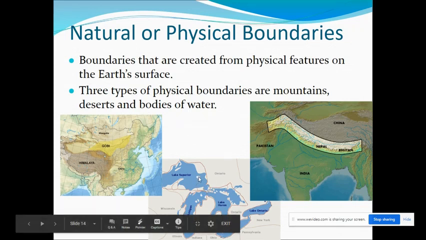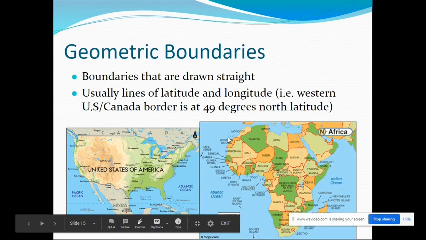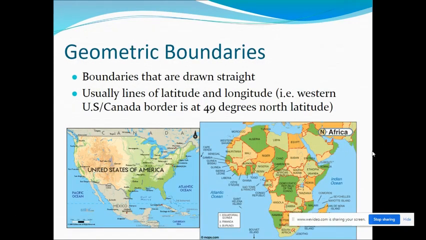And so rivers are really common physical boundaries as well. A geometric boundary is a boundary that is drawn straight. If you see a straight line on a map, you can assume it's not going to be a physical or a natural feature. Rivers don't ever run exactly straight. So a geometric boundary is usually